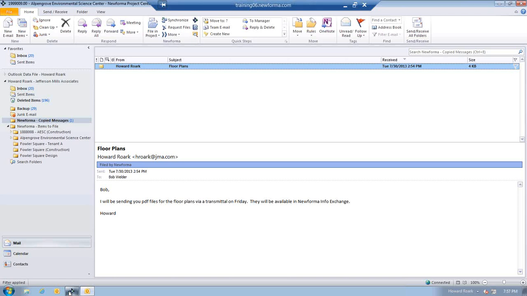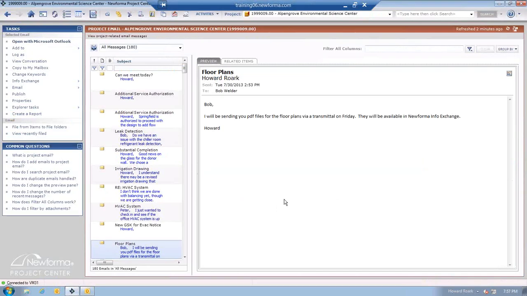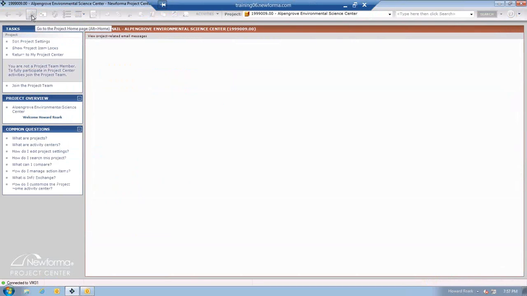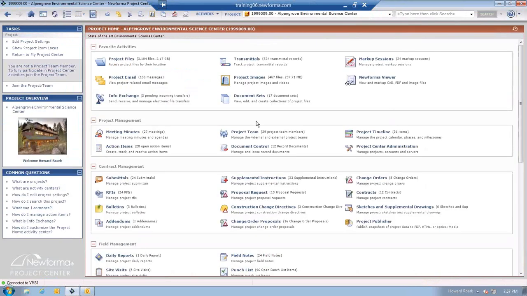Now we'll go back to New Format Project Center. And again, we're going to access that project home page so that we can talk about our Project Team Activities Center. As an internal user, in order to view any of this project information through the InfoExchange website, you do have to have made yourself a member of the project team and given